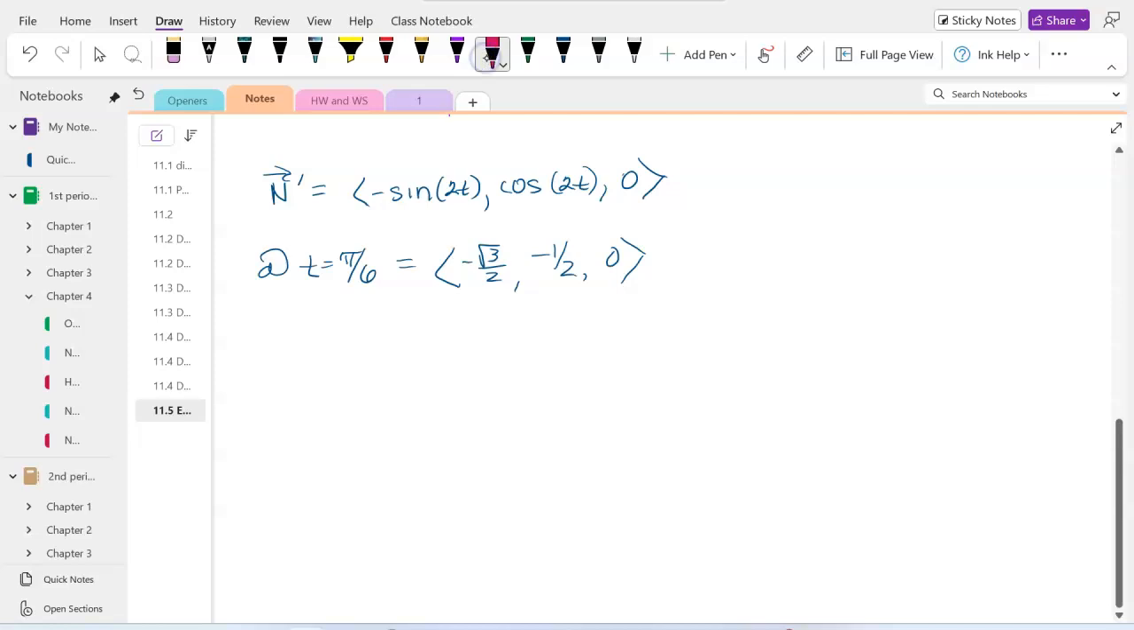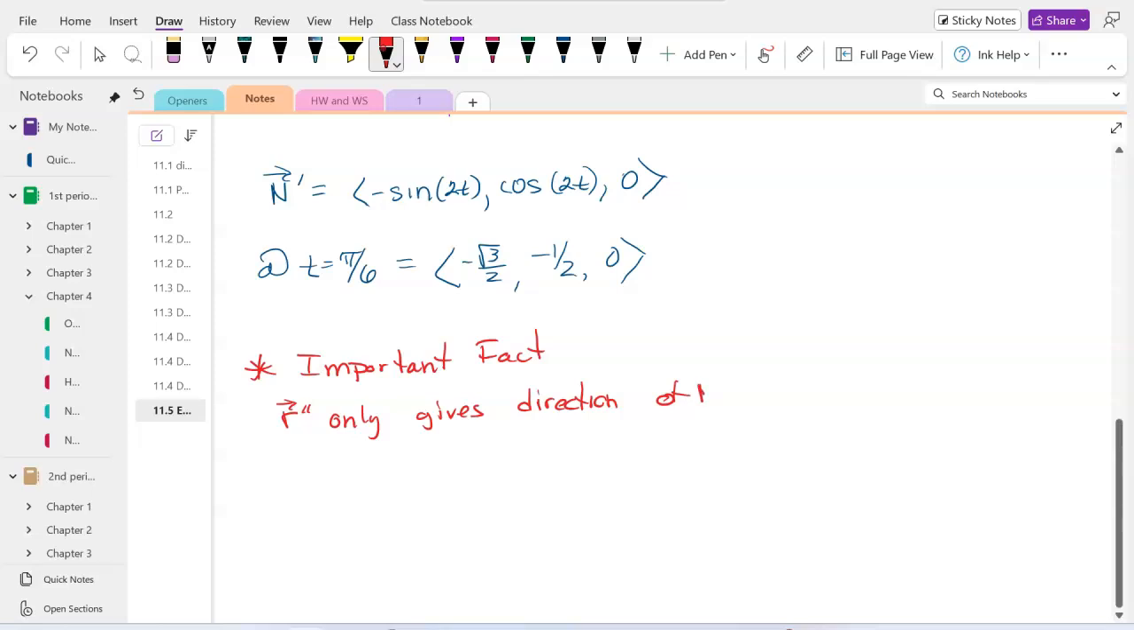Fun fact, or I shouldn't say fun fact, I should say important fact. Our double prime only gives direction of n if the magnitude of r prime is constant. Okay,